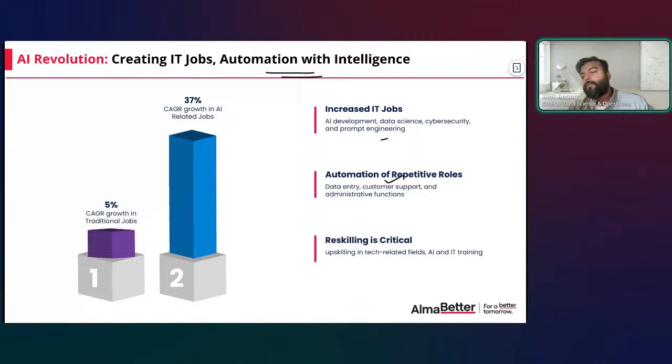So for customer support, right now what is happening is that a layer of AI has been put in place. You interact with some kind of AI, and it asks you questions. If your problem is simple enough, it will try to solve it. Otherwise, it will add an agent, and then the agent will take it forward. That's how the whole evolution is happening right now. So the point is, customer support will not go away 100%, but there will be an AI agent helping them.